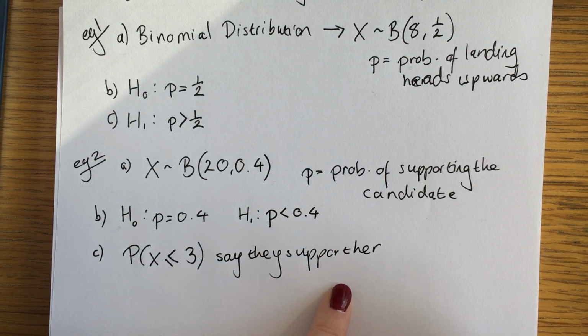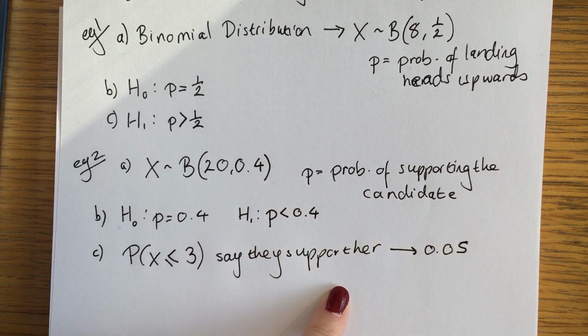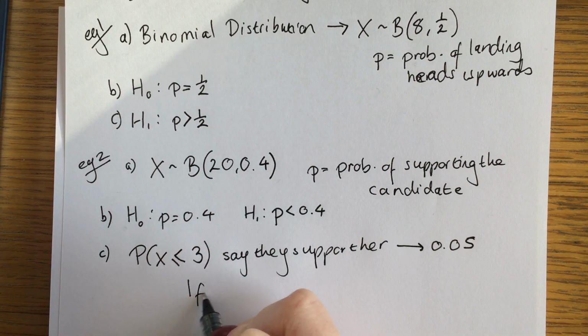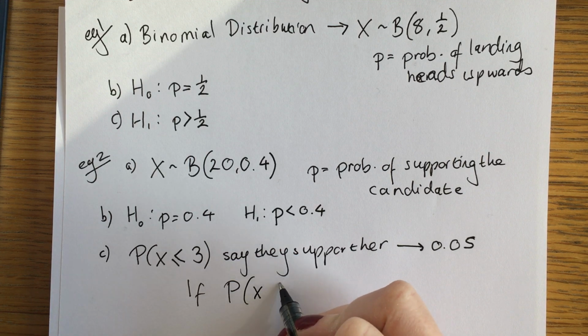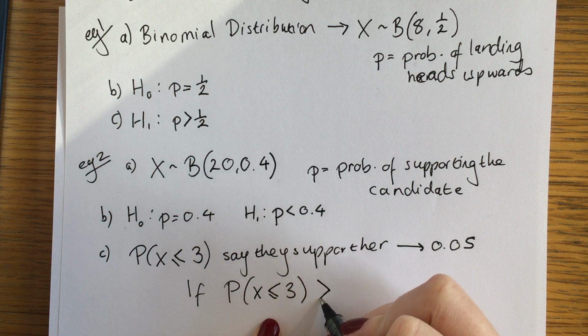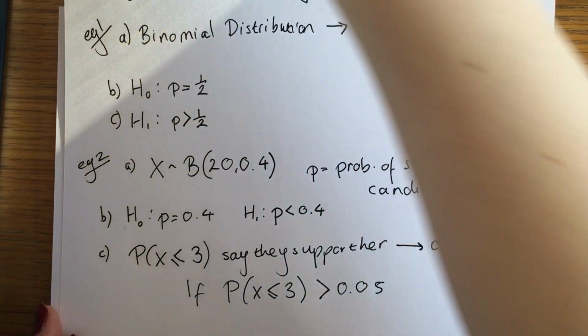So we are comparing this probability with a 5% probability. So what we're saying is that if the probability that 3 or less people support her is bigger than a 5% chance of occurring,